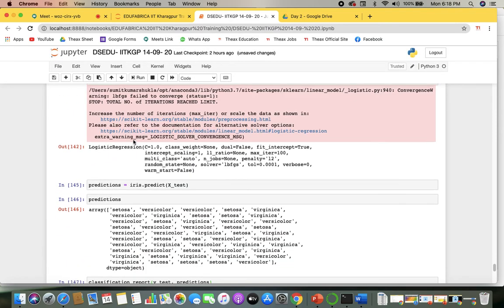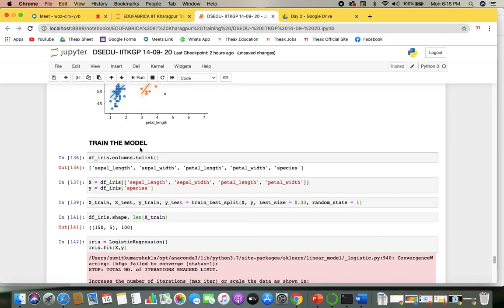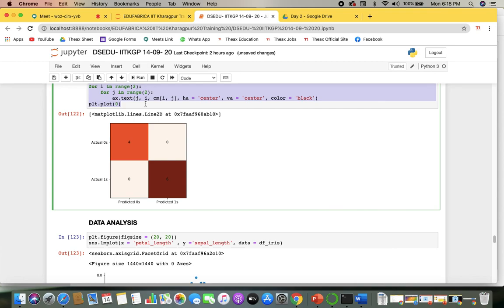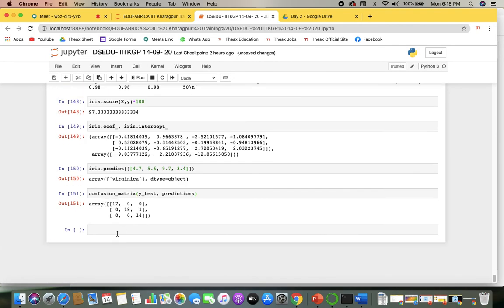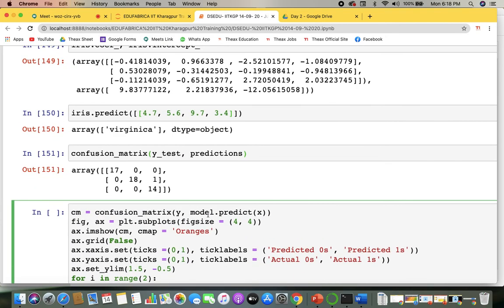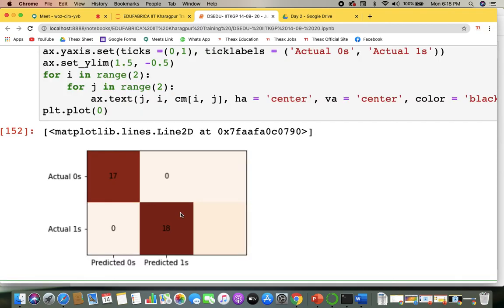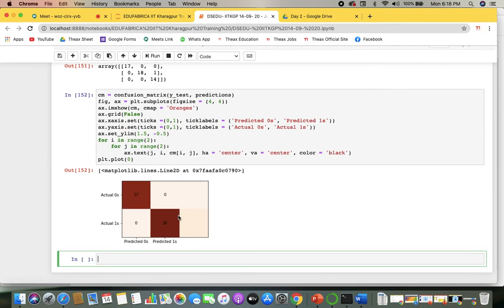If I make a plot of this confusion matrix, I'll find it to be, what I'm getting basically, 0, 14,